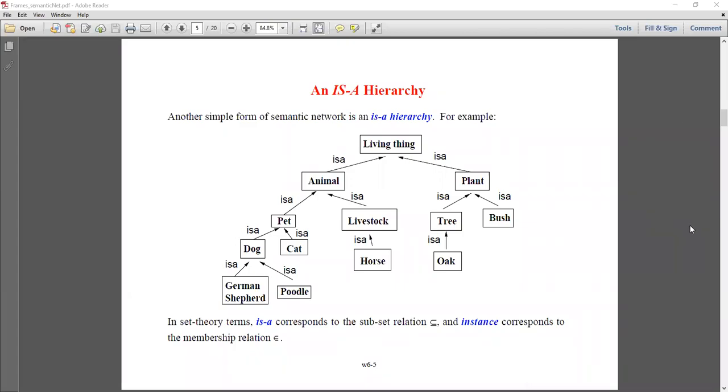Welcome back, students. In the last lecture, we had been discussing semantic nets, that is, weak slot and filler structures. We had seen several examples of how a semantic net can be drawn, and we have seen that a semantic net is the graphical representation of a knowledge base where we can clearly show the relationship between different entities, their attributes, and the values of the attributes.